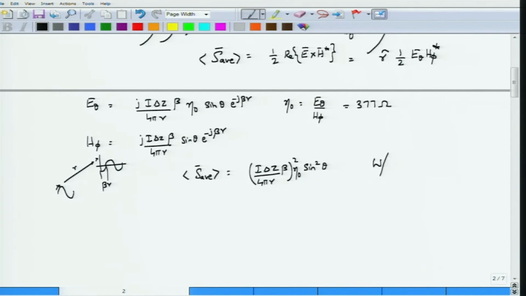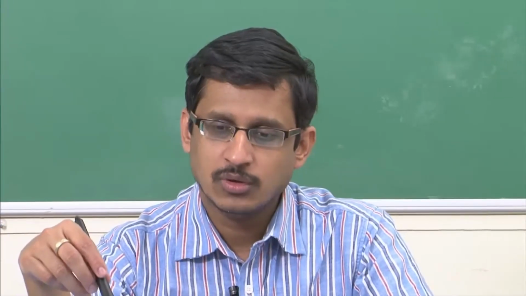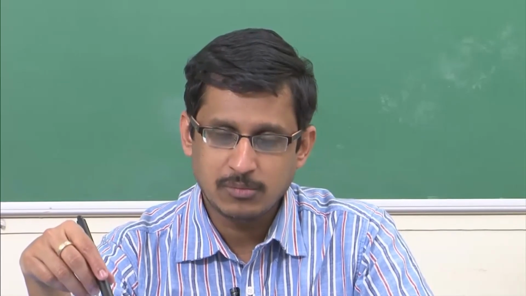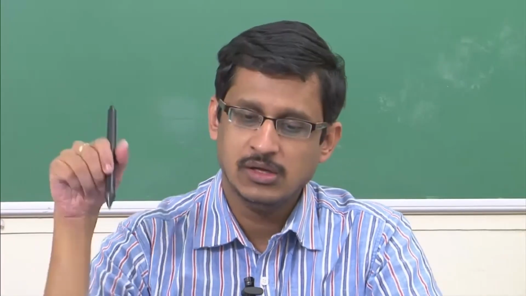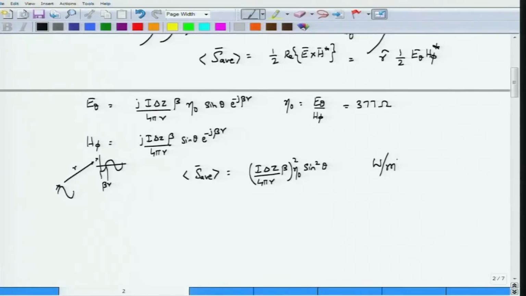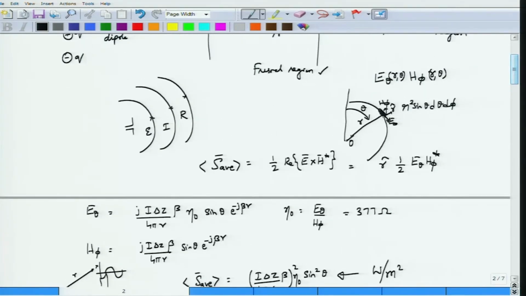Electric field is volt per meter, magnetic field is current per meter. So V into I would be the power per meter square, which is the average power density vector. So W per meter square is the units for power density. And going back to this patch which we were considering, whose area was r square sin theta d theta d phi,